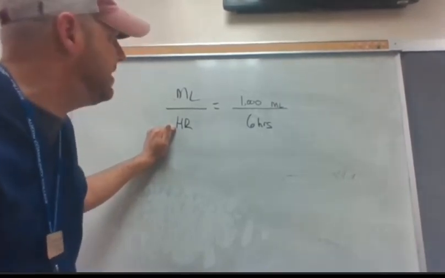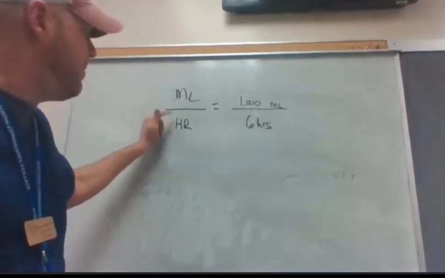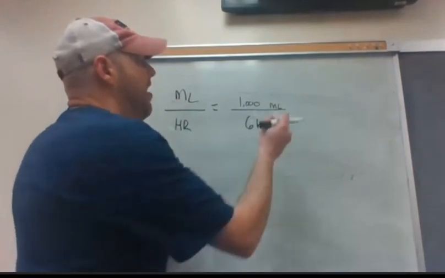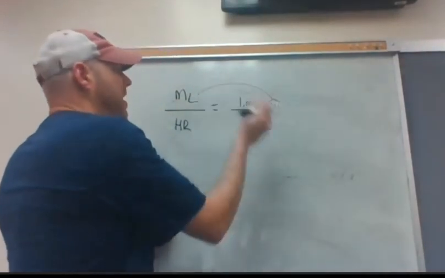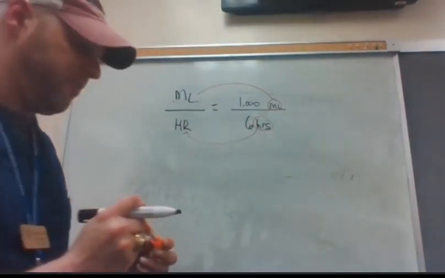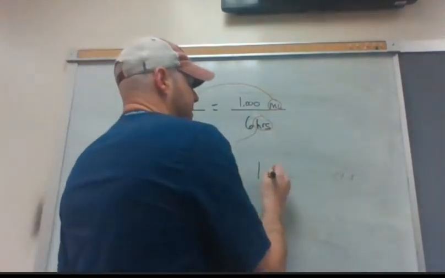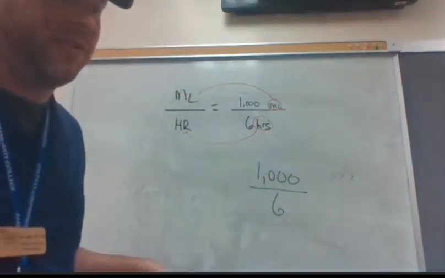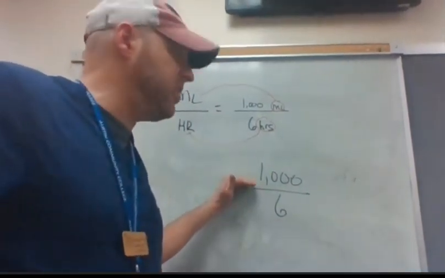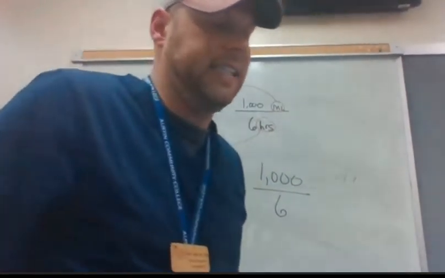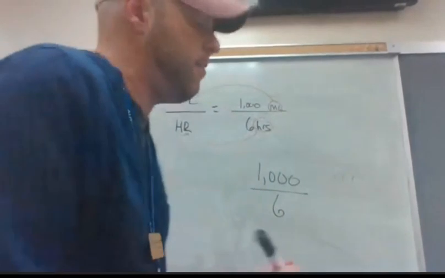And this simply says, how many milliliters per hour? Is that what I have? I have milliliters on top, and I have hours on bottom, and that's exactly what I'm solving for. So this simply says 1,000 divided by 6, okay? Which number goes in your calculator first? The top number, 1,000 divided by 6. And that comes to